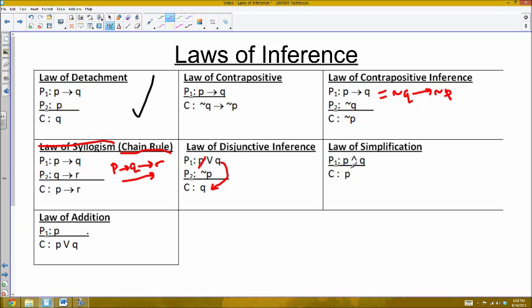Law of simplification is saying, well, if P and Q are true, the only situation that occurs in is when both P and Q are true, then P by itself must be true. It's also true that Q could have been in this conclusion. So either of these is true as well. And then law of addition: if P is true, then I can add any other statement with an indeterminate truth value onto this disjunctive statement, because once one of them is true,